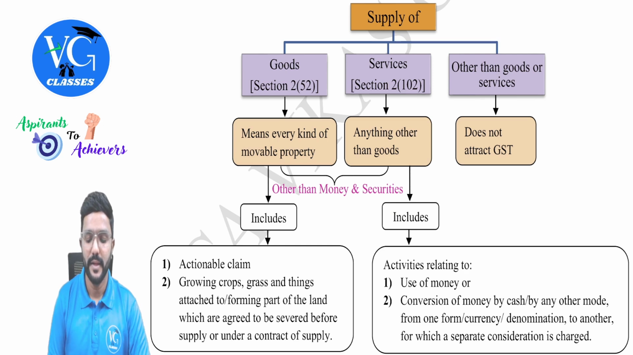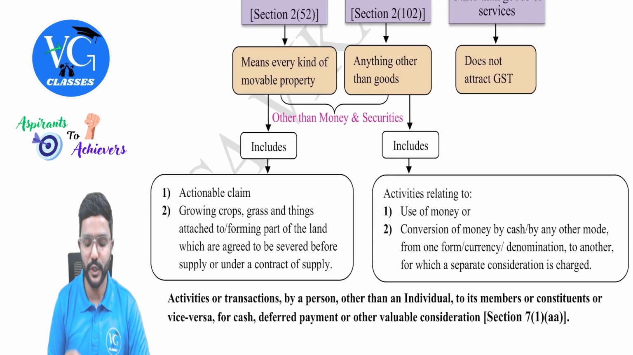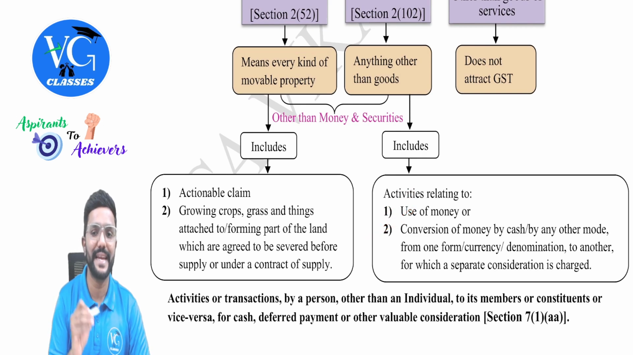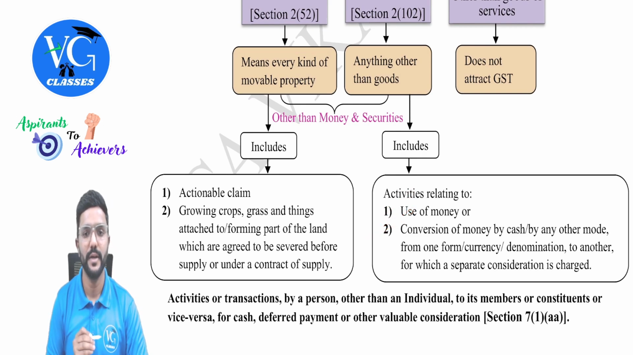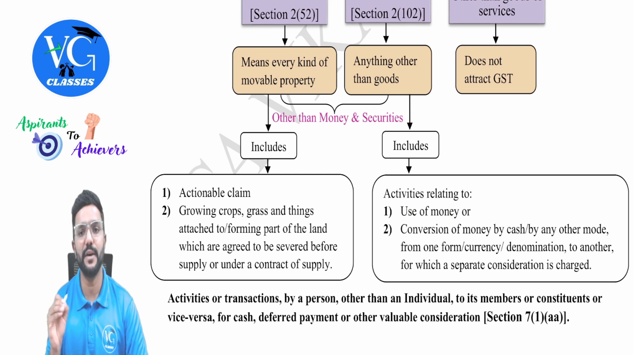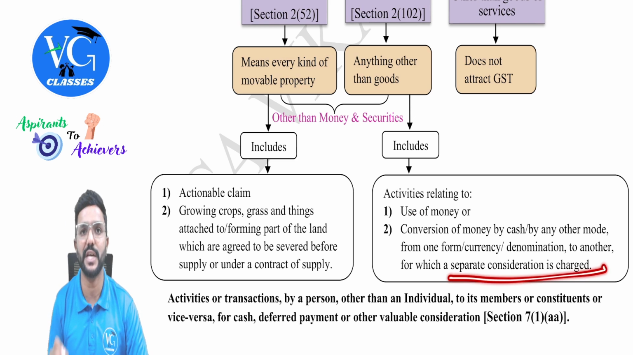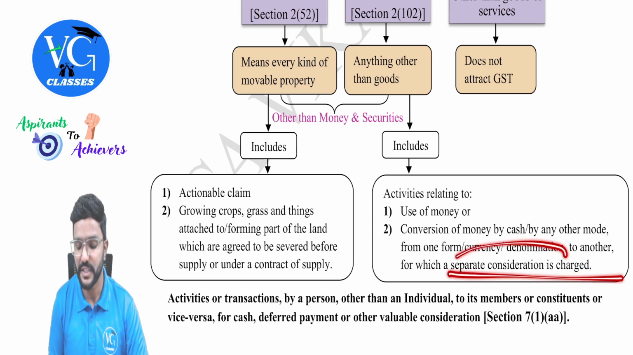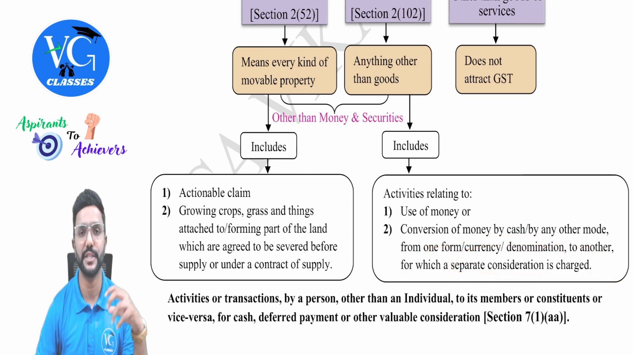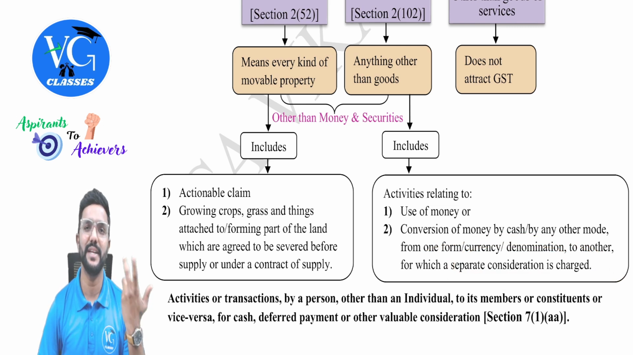But services include what and all? Activities relating to use of money or conversion of money by cash or by any other mode from one form or currency or denomination to another, for which a separate consideration is charged. This is a very important line. For which separate consideration is charged. Guys, if there is any transaction in money, and a separate consideration is not charged, money is neither a goods